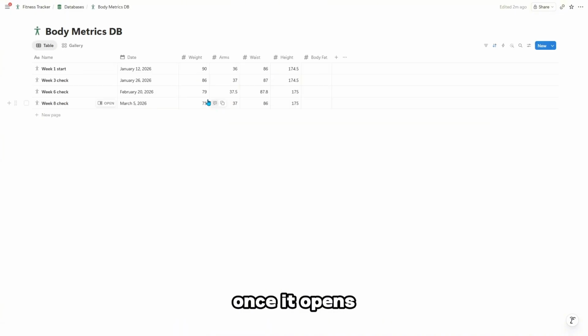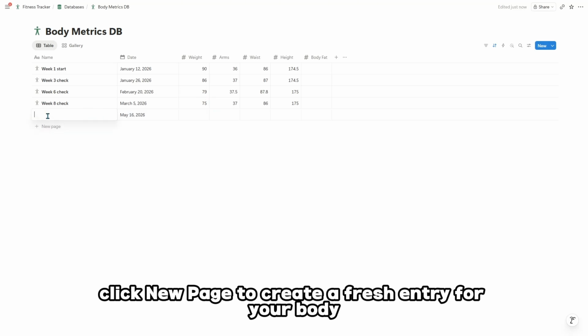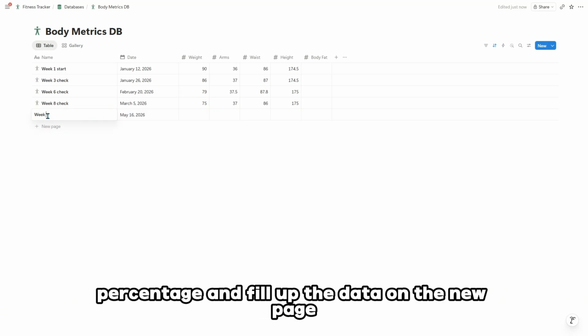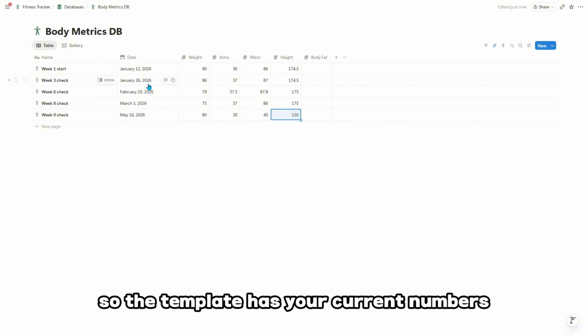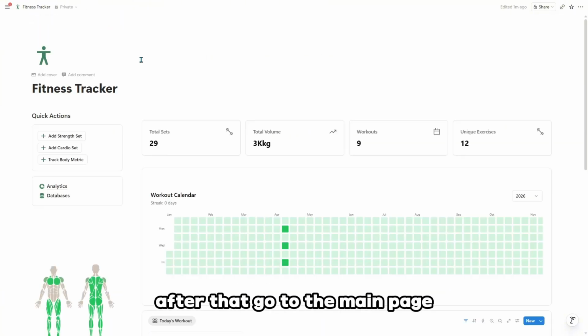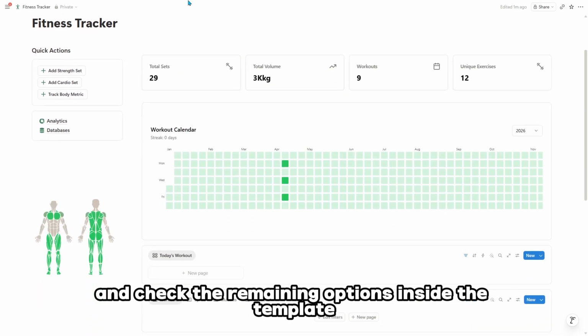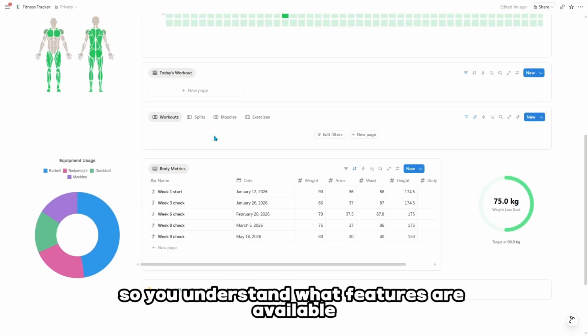Once it opens, click New Page to create a fresh entry for your body percentage and fill up the data on the new page so the template has your current numbers. After that, go to the main page and check the remaining options inside the template so you understand what features